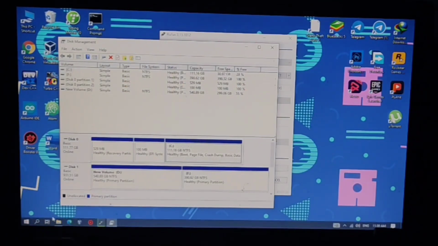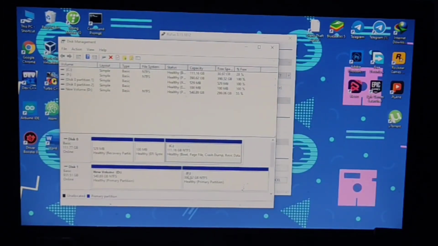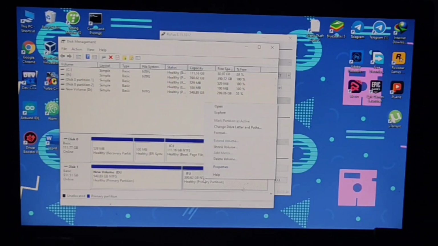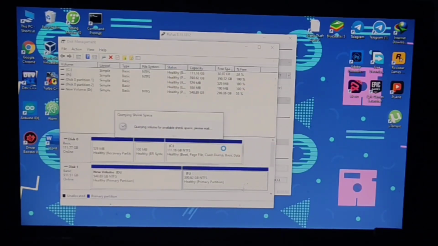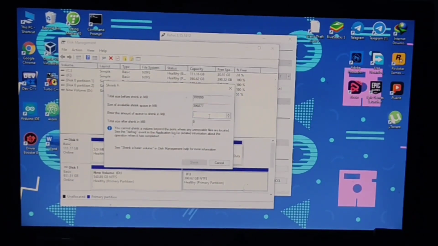In this partition section you can see my local disk. I have selected this for partition. This is that file. Here you choose shrink volume. You can take all or you can take some. I will take 100 GB.